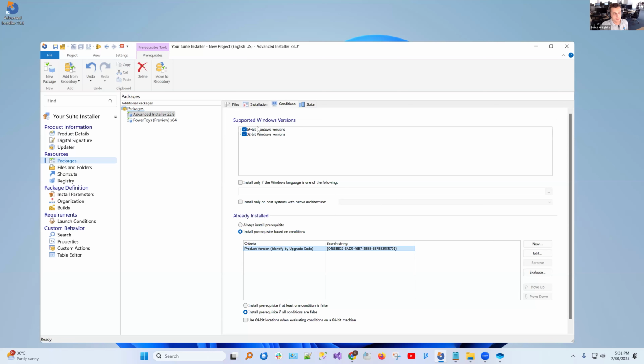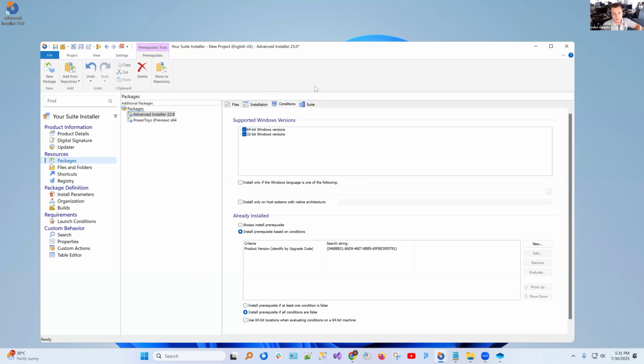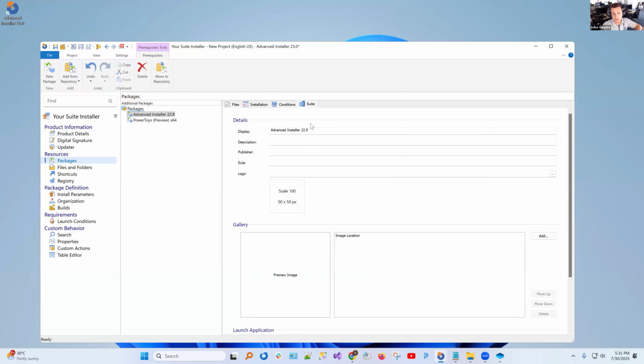Going back to the files section, where we need to fill in the location where the Advanced Installer will be downloaded from, I have the install location already prepared. So this is the location where Advanced Installer 22.9 will be downloaded by my suite installer. I have the install condition already defined. The next thing is configuring the suite